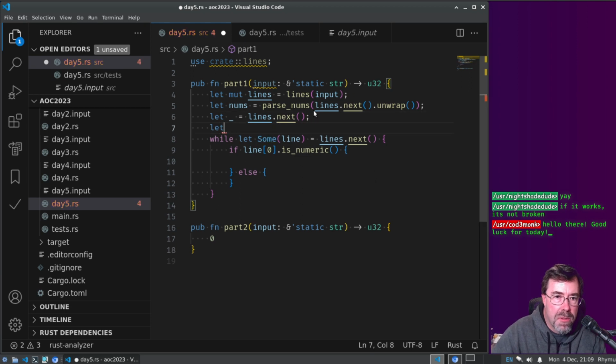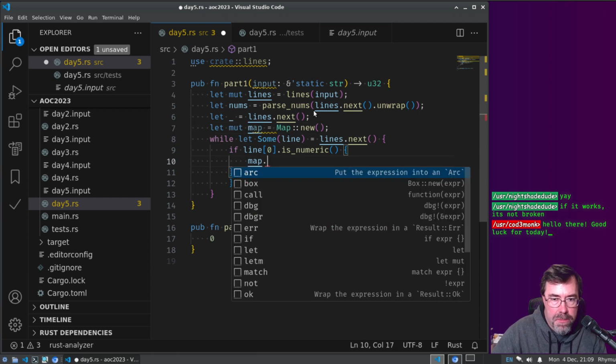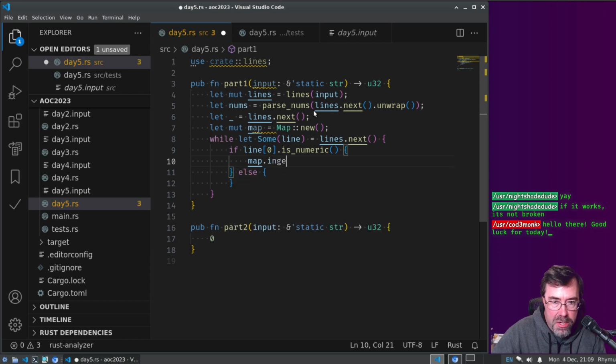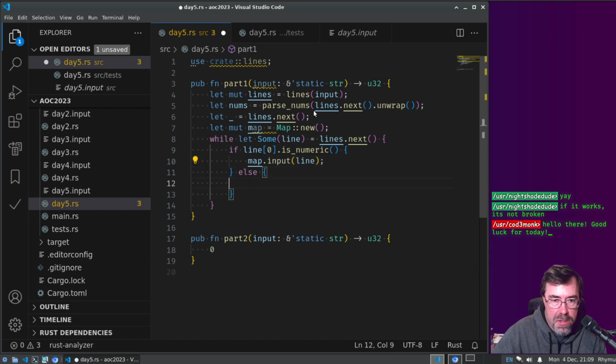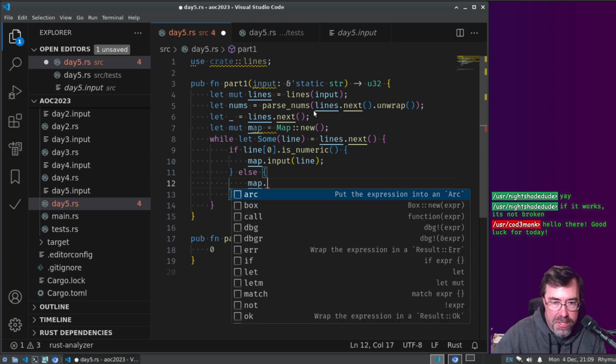So let map equal Map new, and here will be map. This is going to be mutable. If it's numeric, then we're going to do like map ingest or input line. Otherwise, if it's not numeric, then we need to do the map dot execute or something.